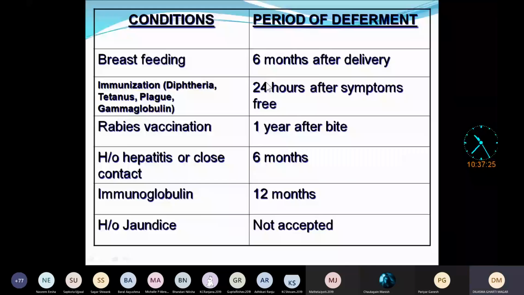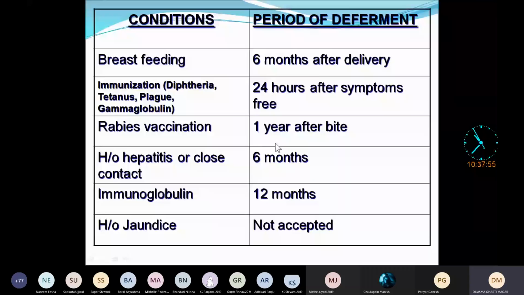So in these immunizations for diphtheria, tetanus, plague, and then the gamma globulin, we'll take the blood only 24 hours after the person is symptom free. If the person is symptom free, then only after 24 hours can we take the blood. And in case of rabies vaccination, I already told you, 1 year after the animal bite or rabies vaccination. So only 1 year after the person has taken the rabies vaccination,